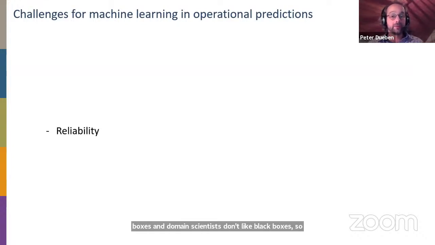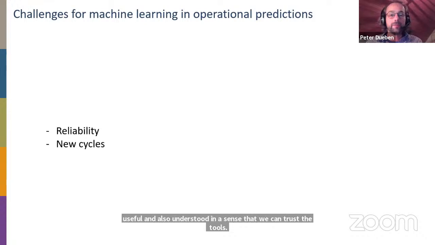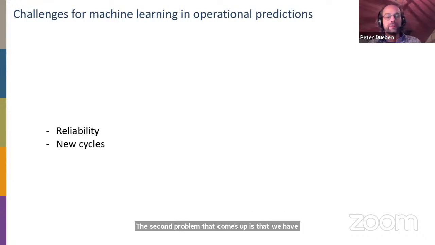So actually, we will need to convince the community that what we do with machine learning towards operational use is actually useful and also understood, in a sense that we can trust the tools. The second problem that comes up is that we have new model cycles that we're developing. So typically we have 2 cycles a year, for example,